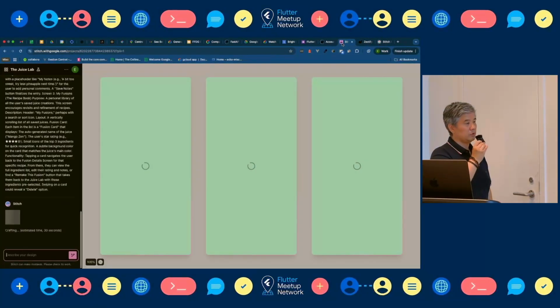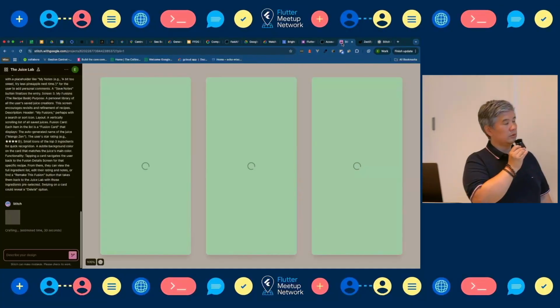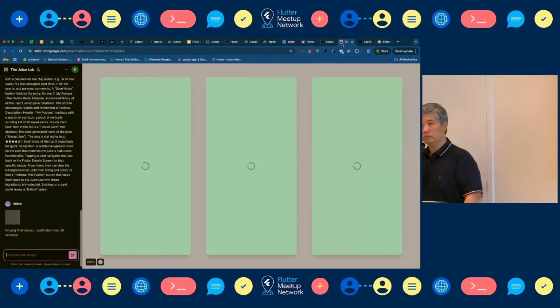Let's see what it's going to come up with. So Stitch, it's your own UX designer.